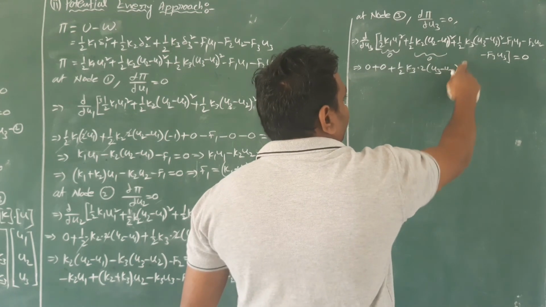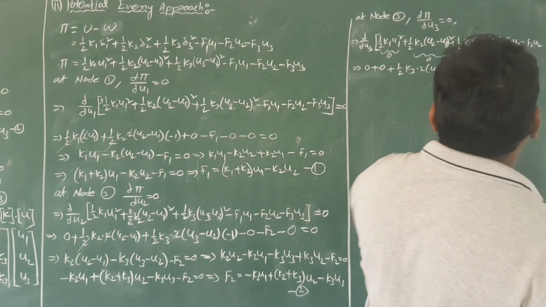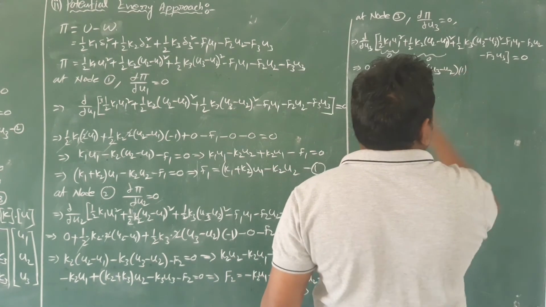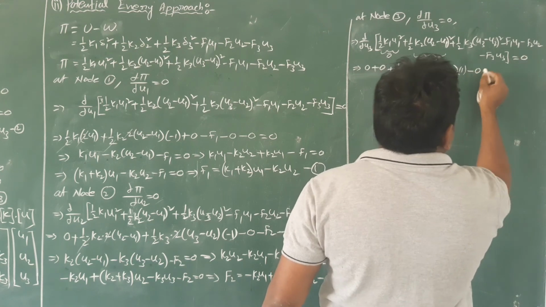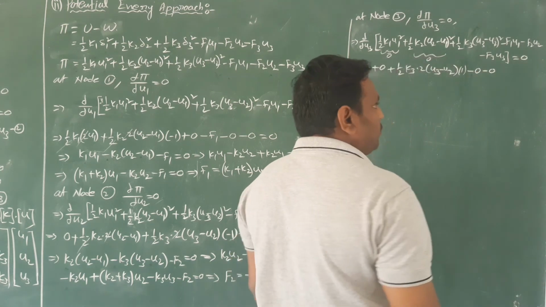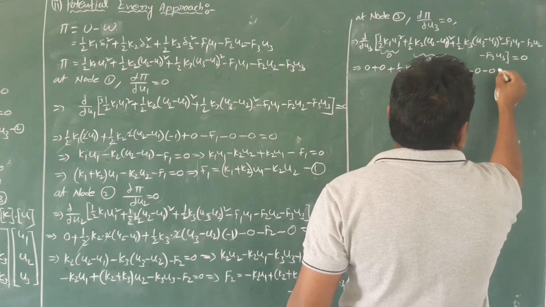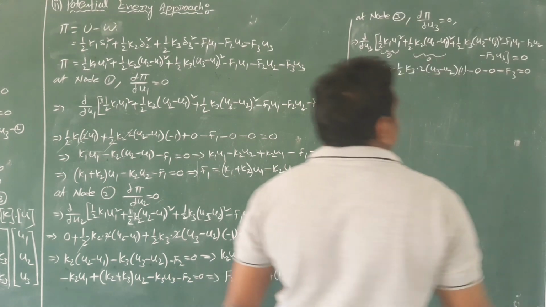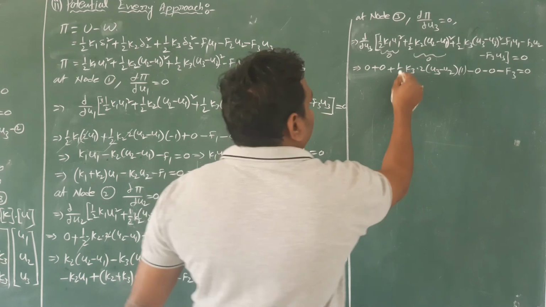Next, f1 is 0 and f2 is also 0, and here f3 is there, so the differentiation of this element is minus f3, equal to 0. Now finally we got like this, so the 2 cancels here,